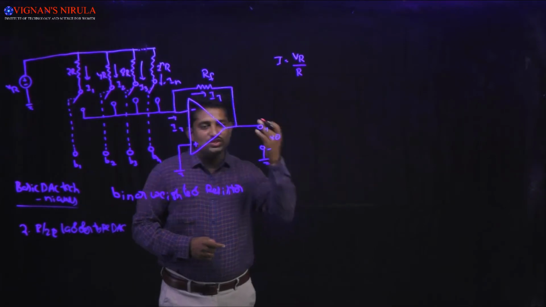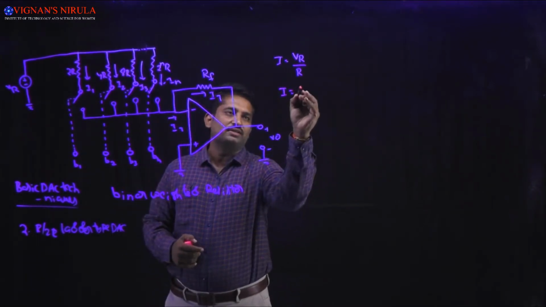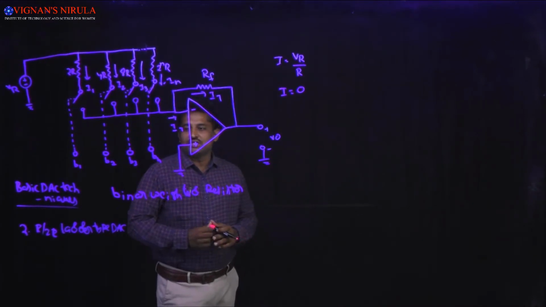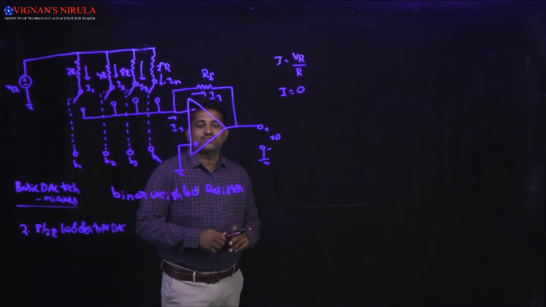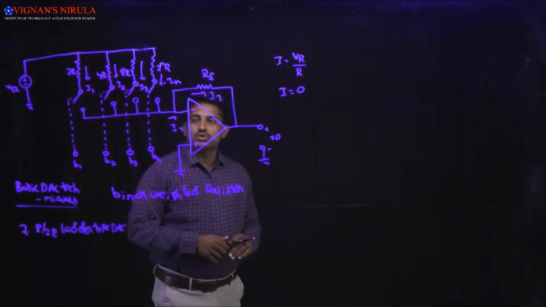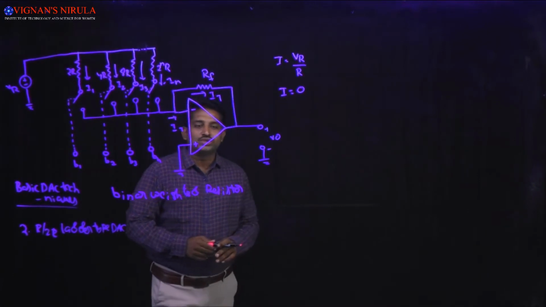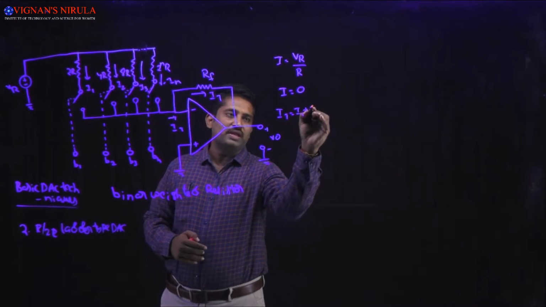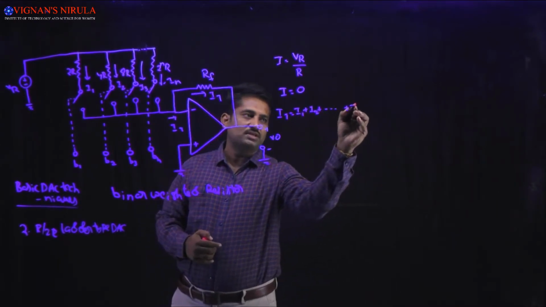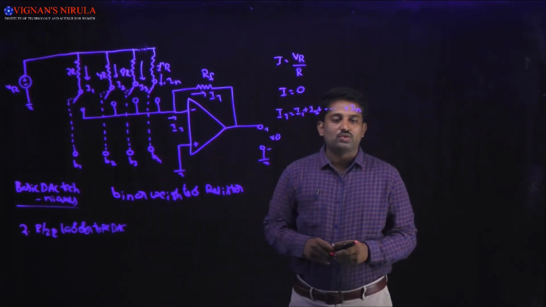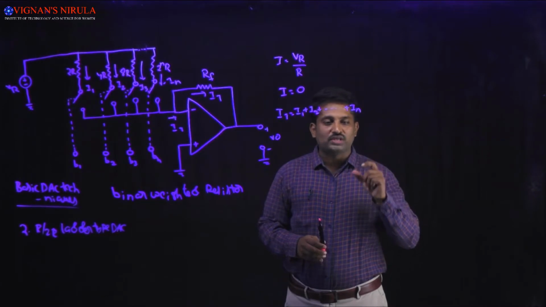Whenever the switch is open, the current I is equal to 0. Now if all the binary inputs are taken as 1, then all the switches are closed, and the total current produced is calculated using the formula IT is equal to I1 plus I2 plus so on plus In. If you observe the circuit diagram, here we are using the identical reference voltage VR